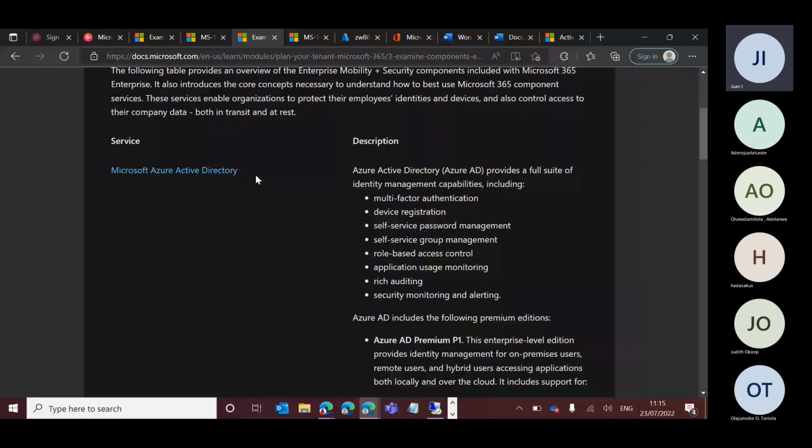And all these services are managed in the Microsoft Azure Active Directory. We call it Azure AD for short, right? All versions of Microsoft 365 come with a Microsoft Azure Active Directory subscription. We have the free version, the basic, the premium, and as you go up, the Microsoft 365 enterprise plans, the enterprise E3, enterprise E5, and so on, have a higher version of Azure Active Directory. They have a premium version, which is why they have more security features compared to the basic